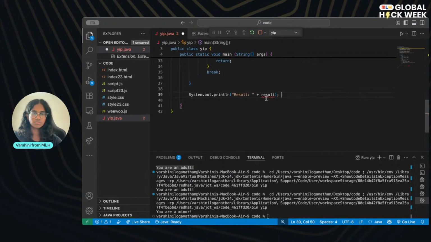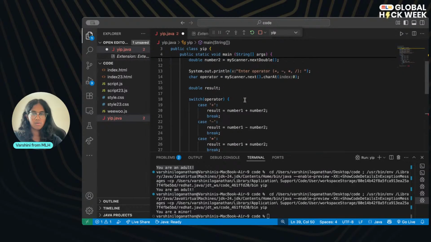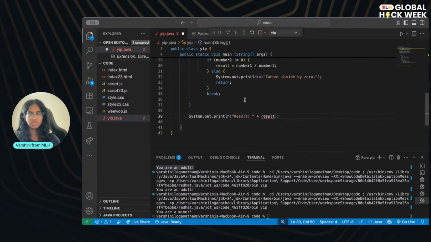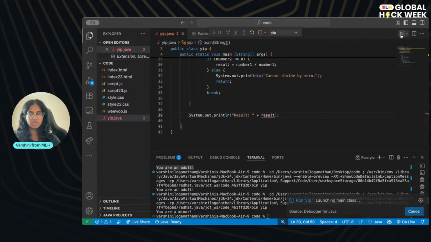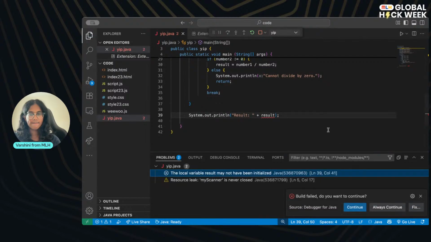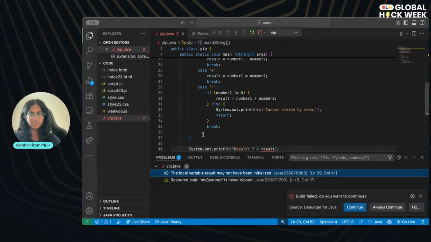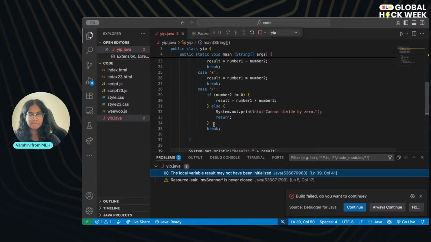I called it result. That's not good. It is instantiated though. I think it's because I have an extra bracket somewhere. Let me double check. Aha, yes.